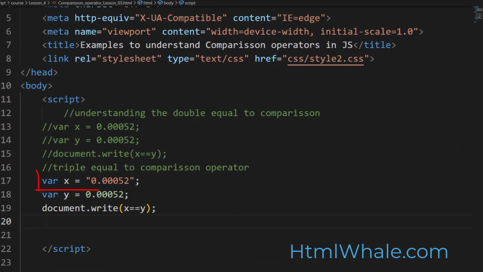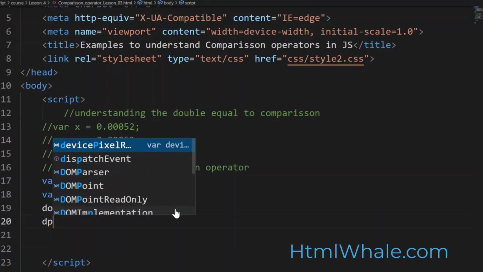This is a string and this is numeric. Of course they are both the same value, so the exact match is there. The pattern is getting matched and the value is getting matched, but the data type is not getting matched. To prove that, I will just use